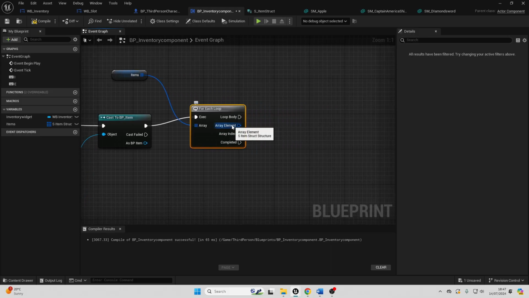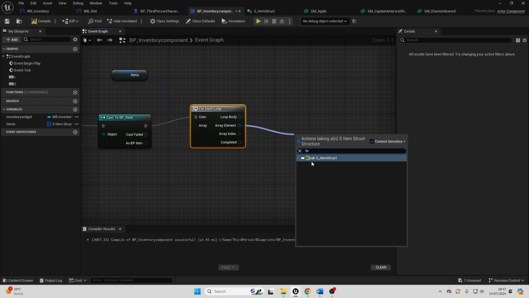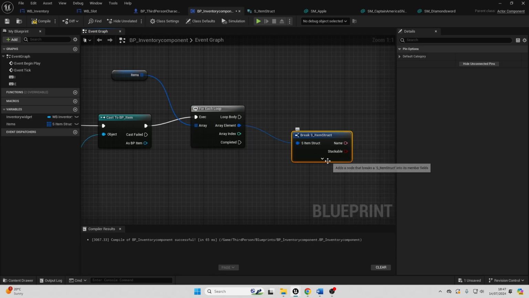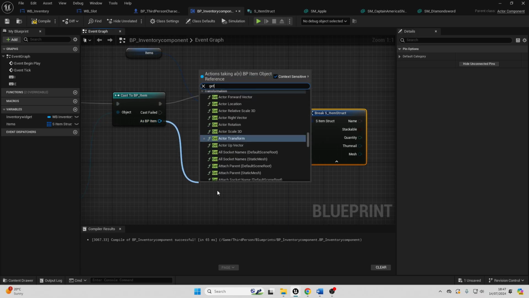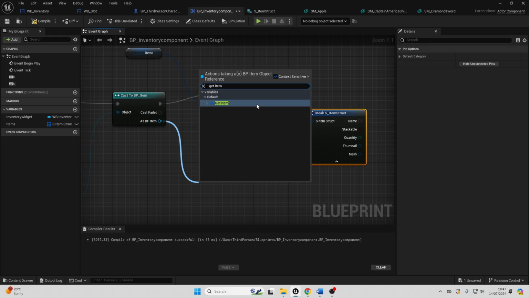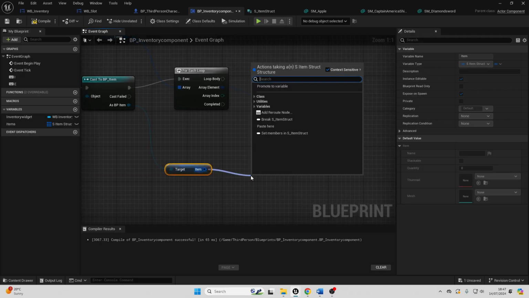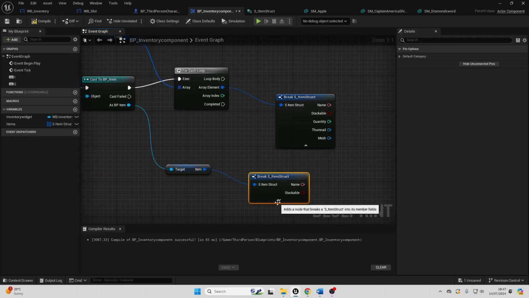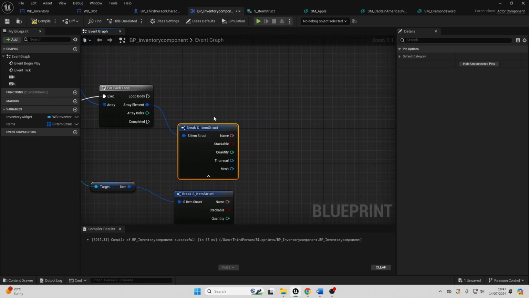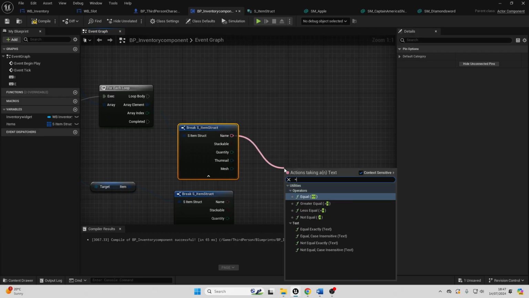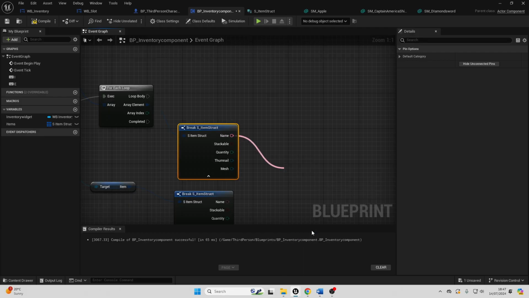So we just want to drag off this array element and look for break S item structure, and just click this arrow as well. Then we also just want to drag off this BP item and get the item variable inside it. We also want to drag up here and look for break S item structure and just expand it. So first we're going to check to see if we have an item in our inventory which has the same name. So if I look for equal, and we want this one, equal exact text,